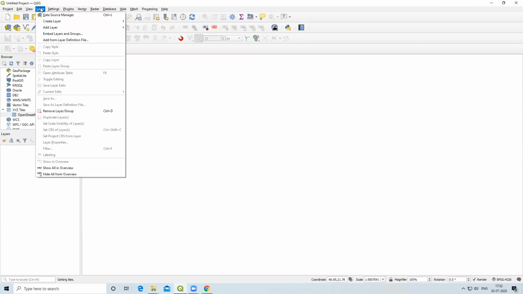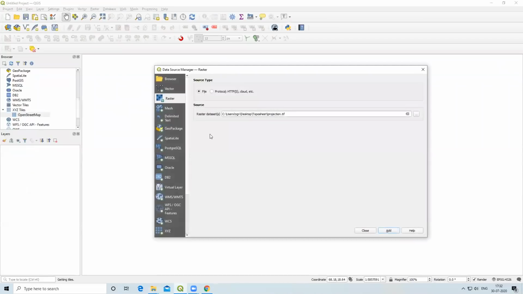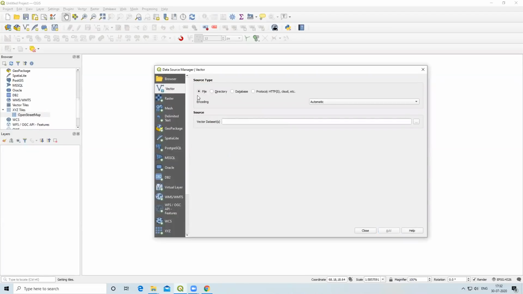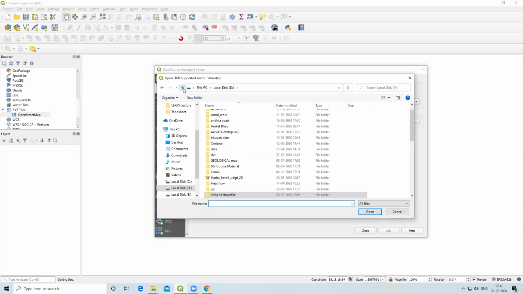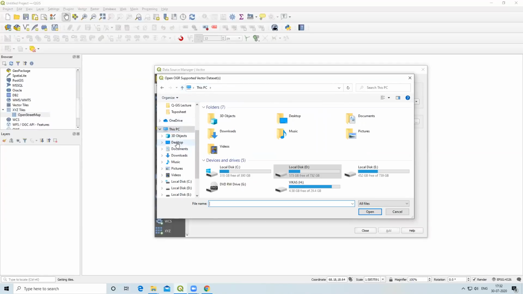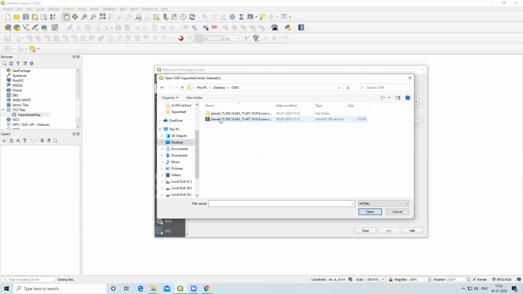I will click on Layer and Data Source Manager. Now we have to add vector data, so we'll select Vector. Make sure your file is selected, then vector dataset. Now we'll go to our folder on the desktop, OSM, planet, shape.